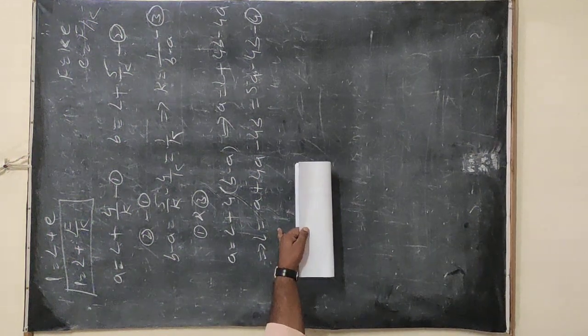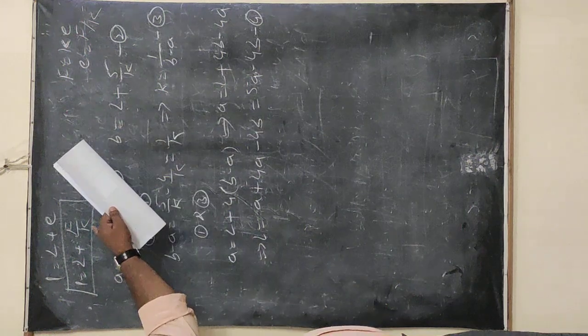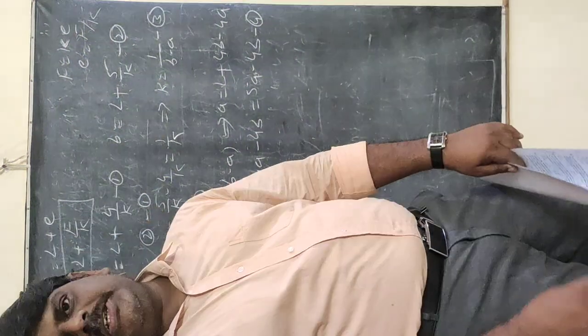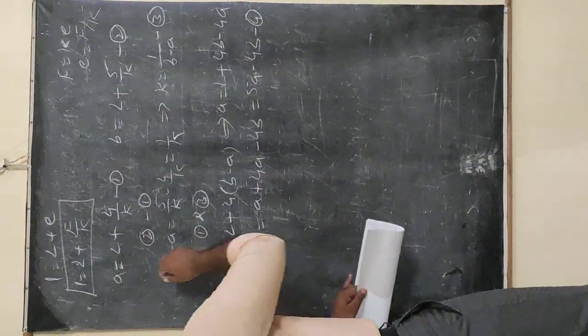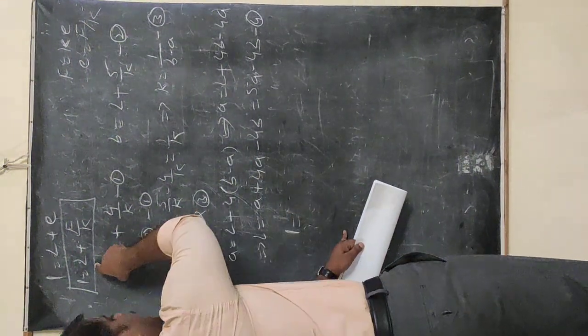Now we have the L value and the K value. Both these values we are going to substitute in this equation to find out the final length when the force of 9 newtons is applied. So for that, if I substitute in the equation, the final length when 9 newtons is applied, that is L is equal to, L value, how much do you have?